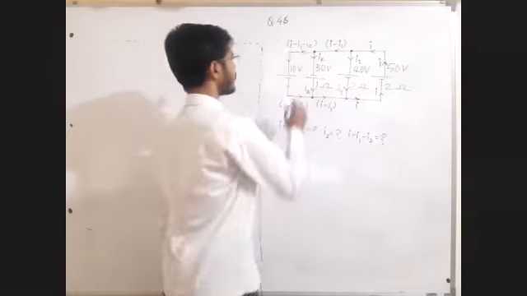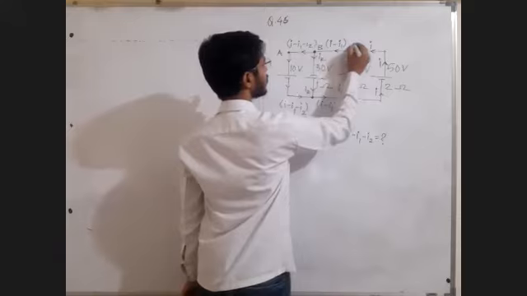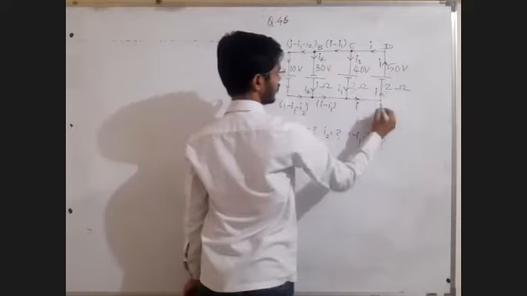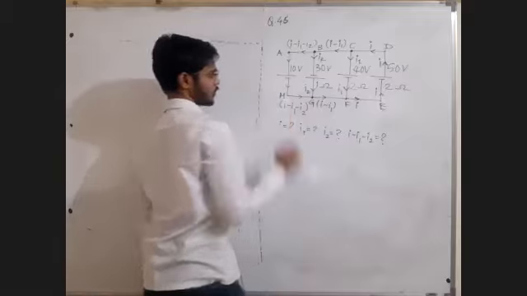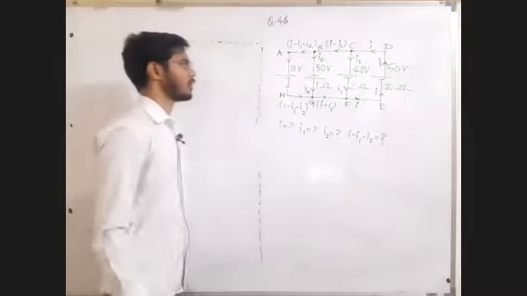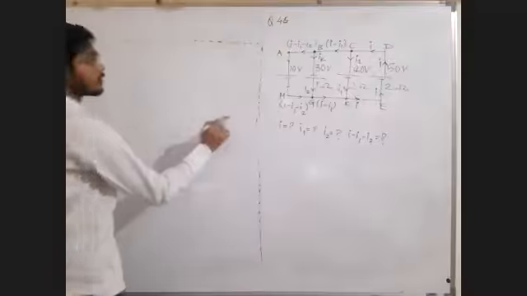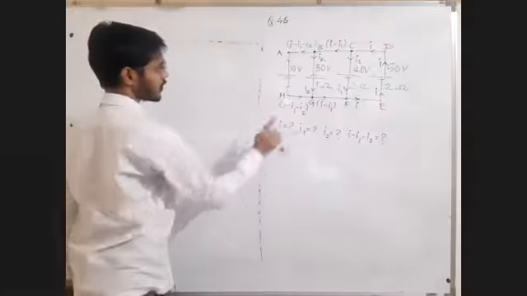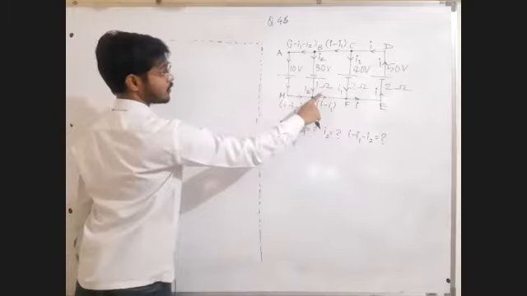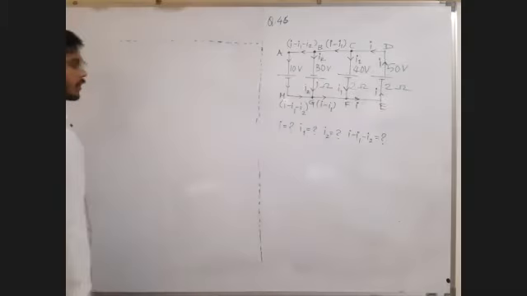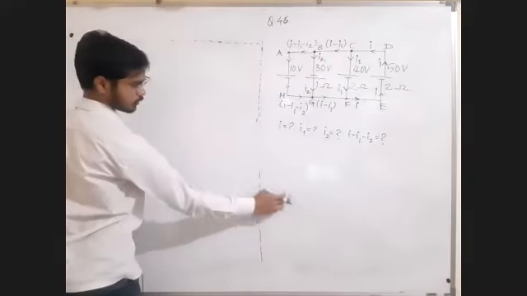Now let me write down the names of the points as A, B, C, D, E, F, G, H. Okay. Now I'm going to keep it simple like this. Now let me draw this again so that you can draw a new diagram with a little space, wherein you can draw this internal resistance also. Let me draw the new diagram. You draw it here below this. I am drawing it here.